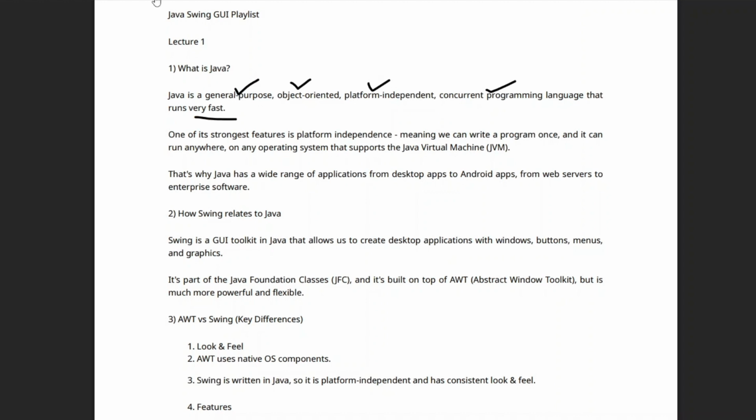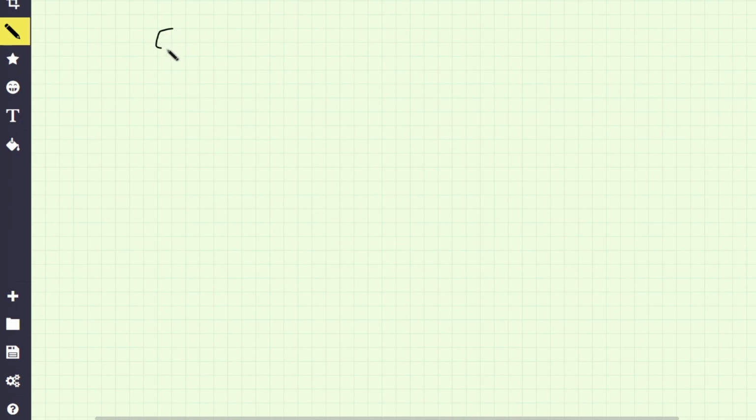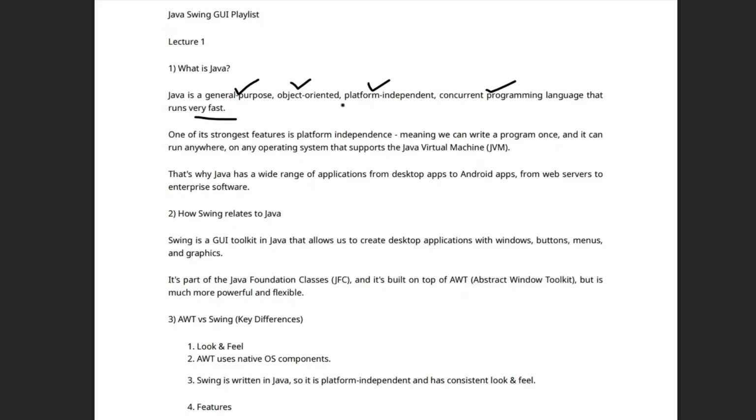How does this work? General purpose means, for example, C and C++. These are general purpose programming languages. How can I say C and C++ are general purpose? You can take things as they are, or you can build from top to bottom, and also you use functions, and all of that helps you in general purpose.